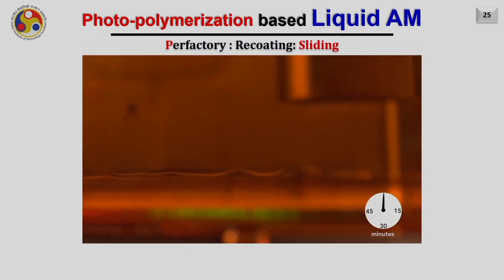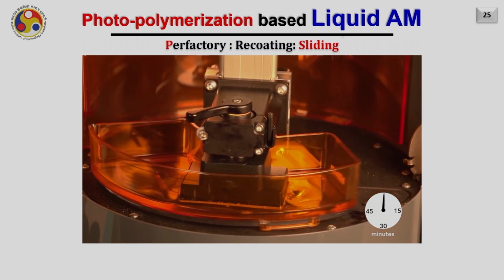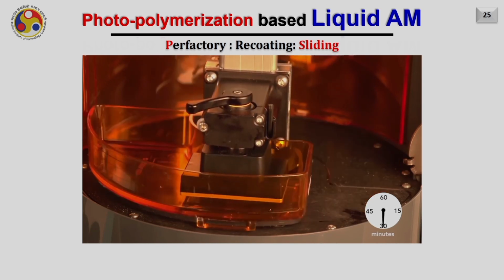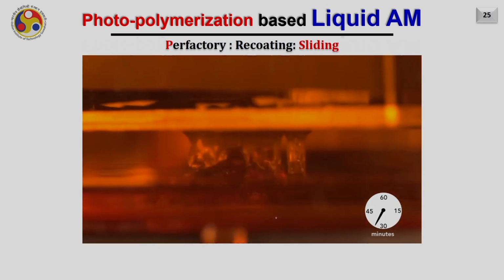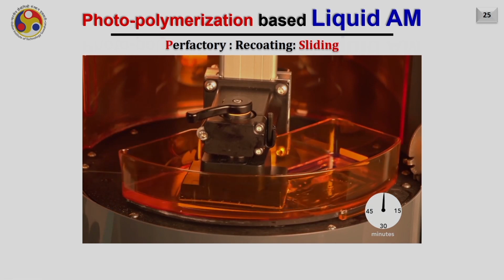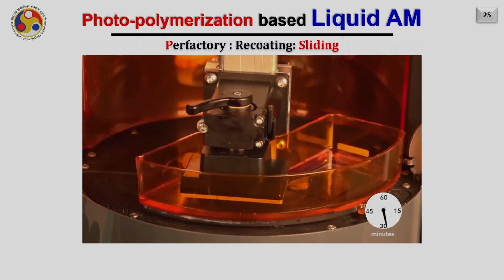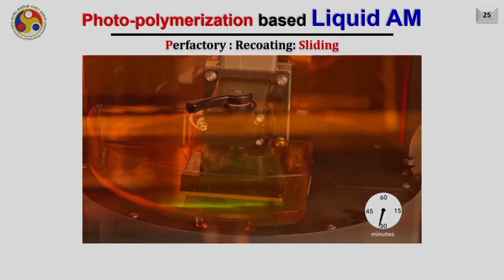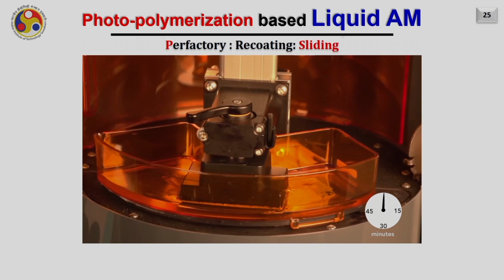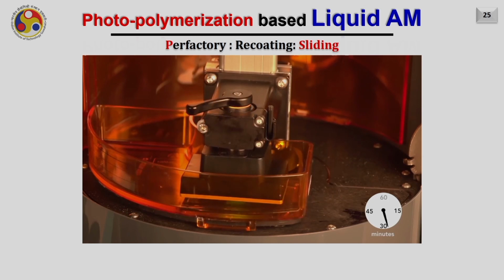While there is a good solution recently which we have seen is sliding away instead of peeling up. So what is happening here? In this level, the distance between the build plate and the bottom portion is exactly equal, but on the right side it is more. Hence they are sliding it like this. As the gap is more on the left side, the liquid material by that time gets filled on the left side, and you keep on sliding it to the left and then come back to the right. By doing so, we can really eliminate the forces required to pull the cured part out of the liquid material.